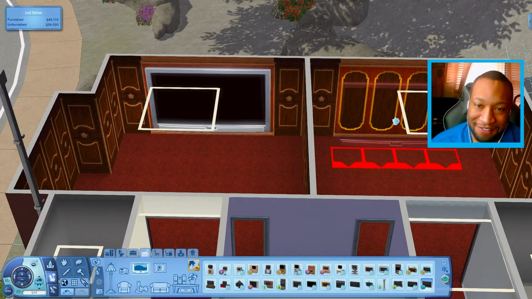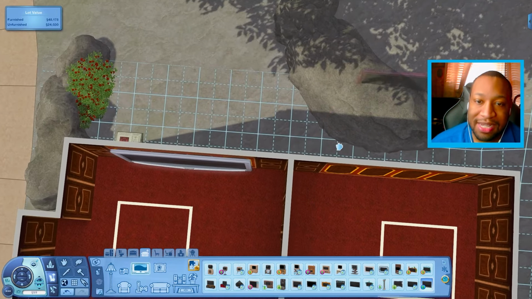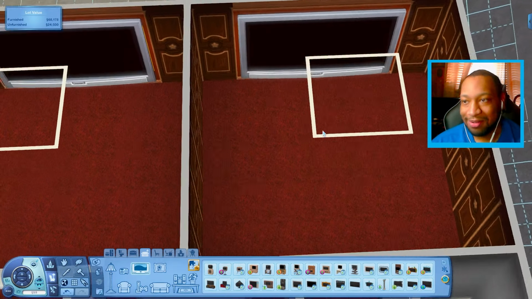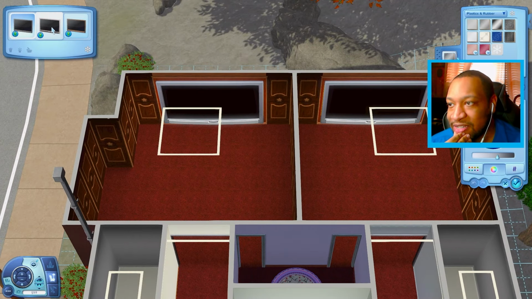Actually, it kind of works and it fits perfectly. Wait, why can't I put this here? Must be... Oh, it's probably because of this rock back here. Honestly, if I just turn move objects on, it should work. Yeah, there we go. It actually works that way. Okay, there we go. So I think I'm gonna maybe just make the...